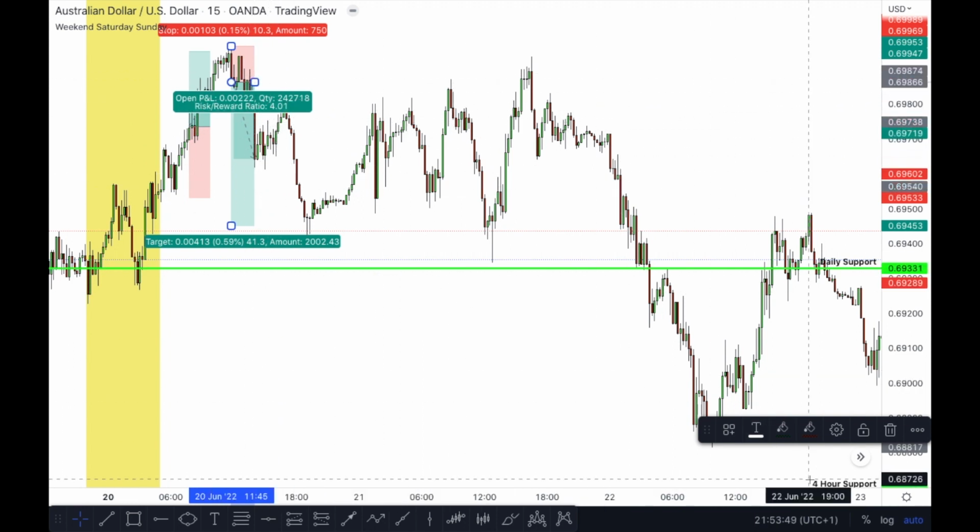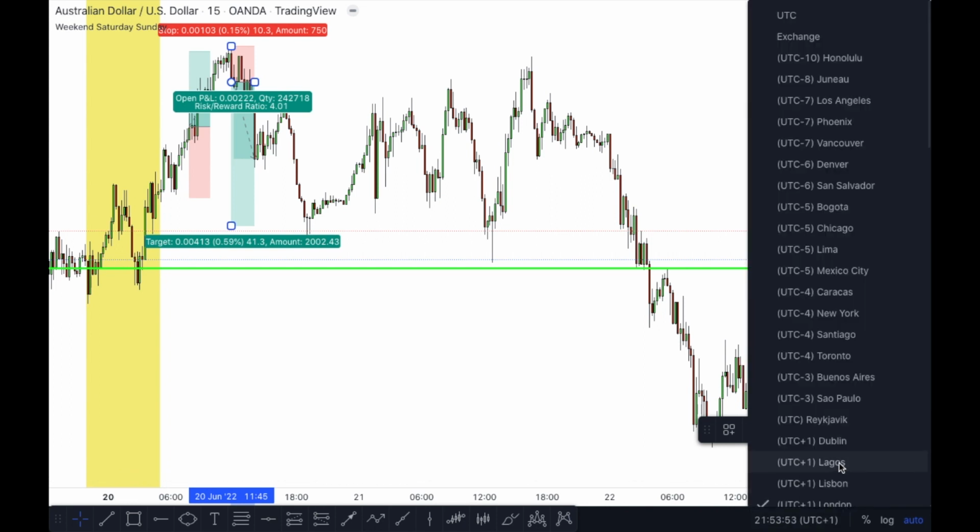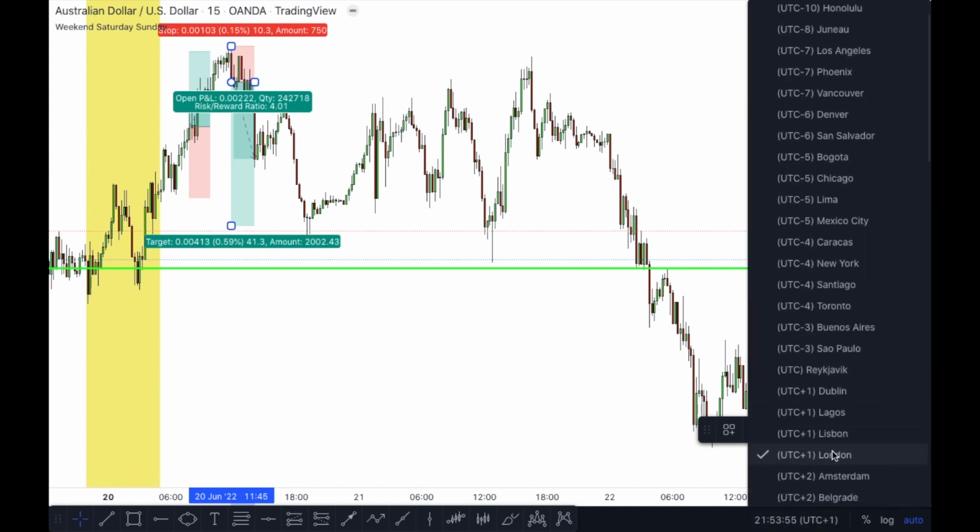Again, if you want to get the time frame correct on Trinity with TradingView, just go over here and go to UTC+1 London. This is going to make your alerts the same time as what you get on Telegram. Of course, because it's on Telegram, I have to have a set time frame, so you're not going to be able to get it changed into your specific time frame. But if you just change it to UTC+1 London on TradingView, your alerts will be the exact same